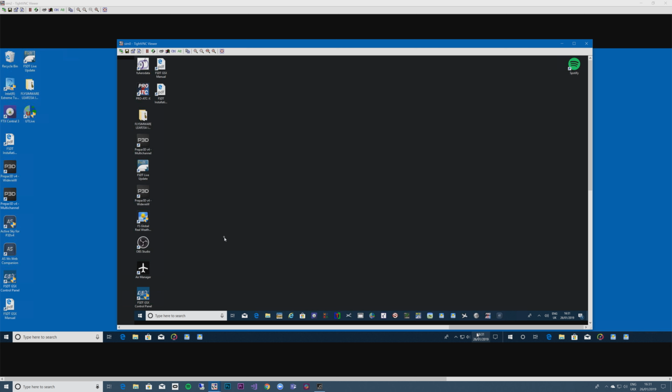So if you've got one PC that for whatever reason is only capable of doing 15 FPS in the current situation, and you have another one that could comfortably do 25, it will only run at 15 FPS or thereabouts because of the synchronization, and you can't turn it off. There is a setting that looks like you can, but you can't. And this is a fundamental limit, I think, of P3D multi-channel for me, that you can't turn off this synchronization,